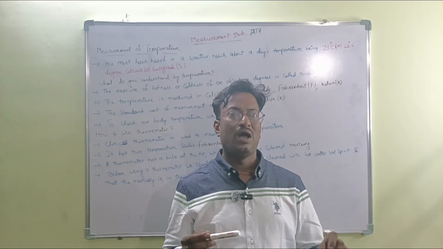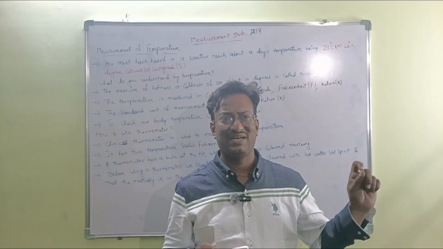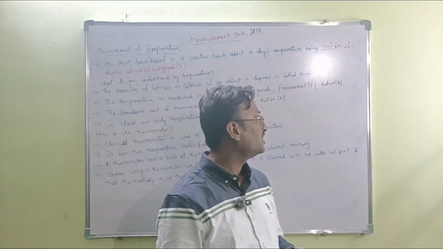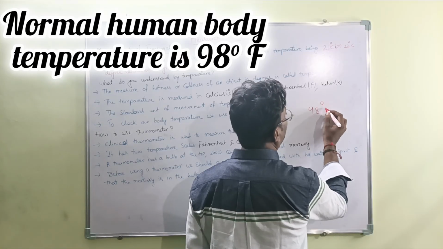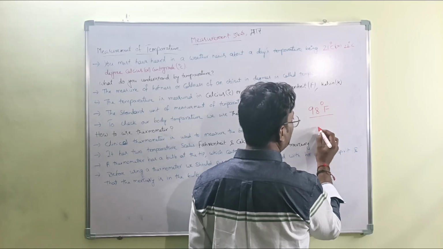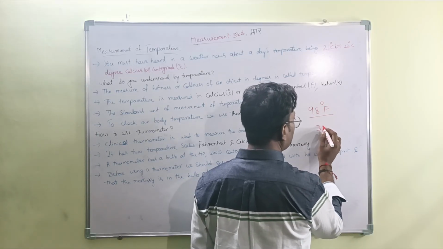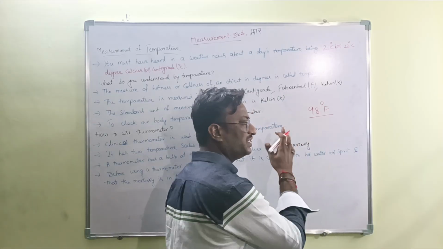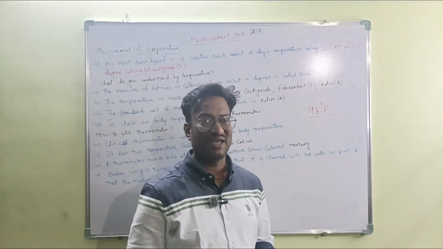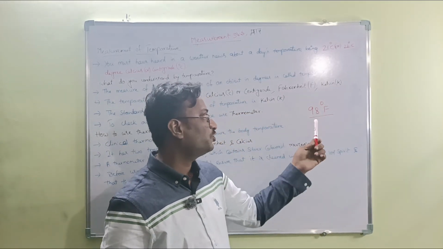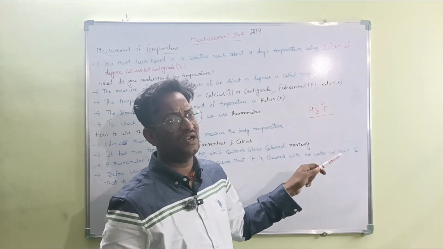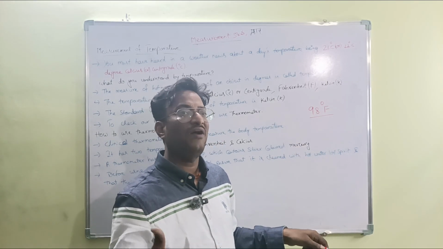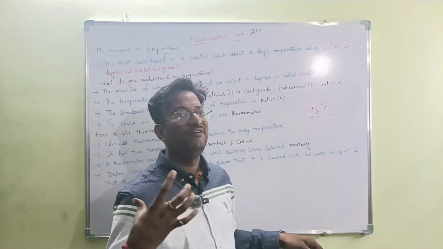The normal human body temperature is 98 degrees Fahrenheit. In Fahrenheit we measure our body temperature. If it is more than this, 99 or 100 or 101, then our body is said to be in fever